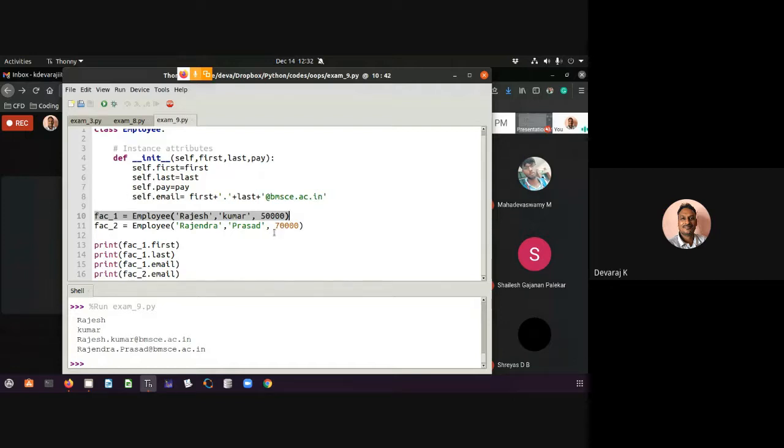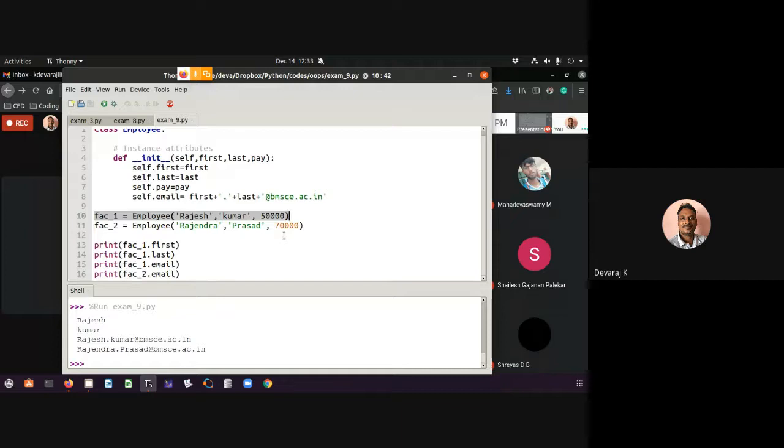Or say, for example, you want to collect its address also. Or you want to collect the PIN code of that particular person. So all these methods, class methods, will come whenever we are trying to process n number of data. Okay, we have a large set of data. This will become very helpful for it.